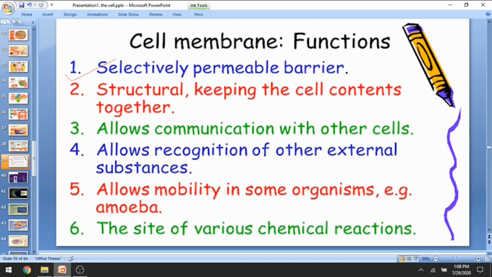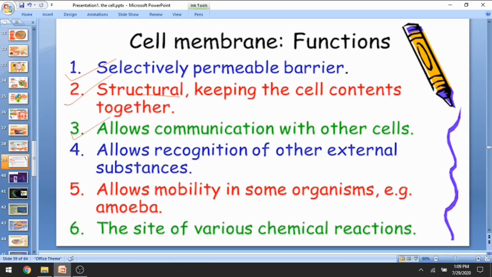They won't allow each and every molecule to get inside, and won't allow each and every molecule to get out of the cell membrane. No. They allow only the exchange of selective materials between the cell and the outer environment. So they create a channel in the cell membrane between the outer and inner environment of the cell. Their function is also to maintain structure, keeping the cell content together.